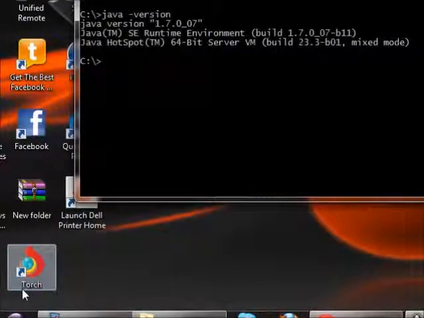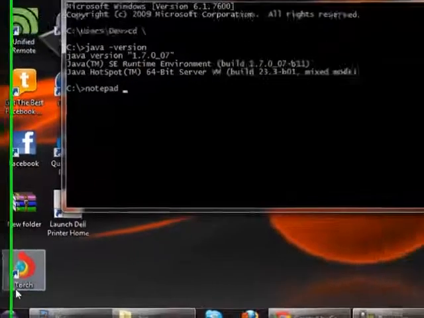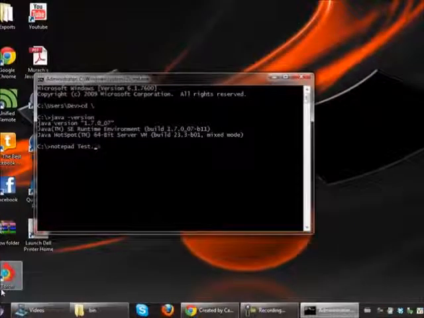Here in the C directory we can create a new Java file by going notepad test.java,